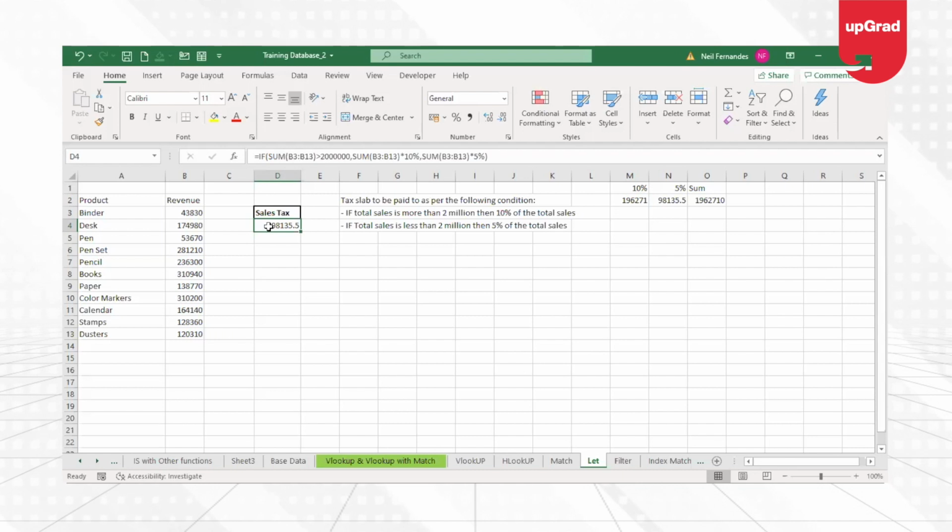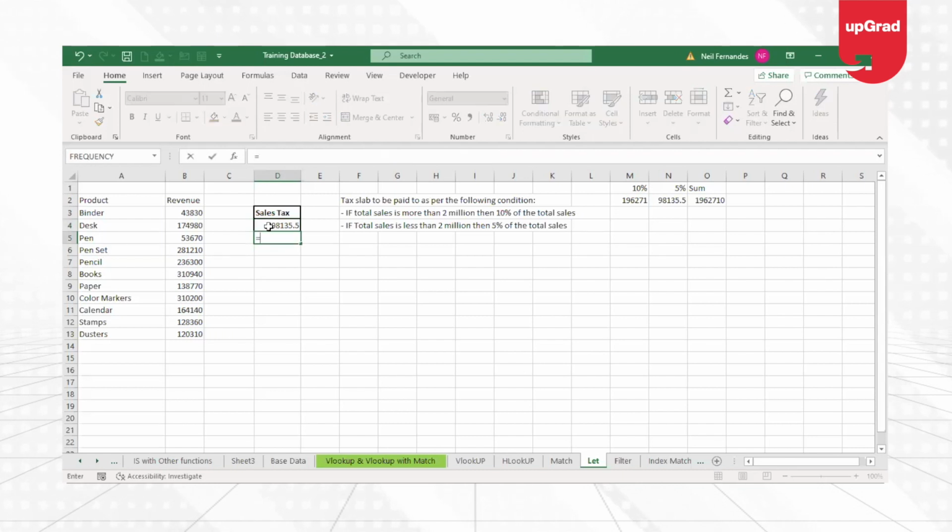Now you can actually reduce your work by using the LET function. I will start with the LET function and tell it to add a name to my calculation. So let's say I want to do the sum of revenue. I can call it SUMREV, or if I want to make it very small, I can say SREV, which is sum of revenue.